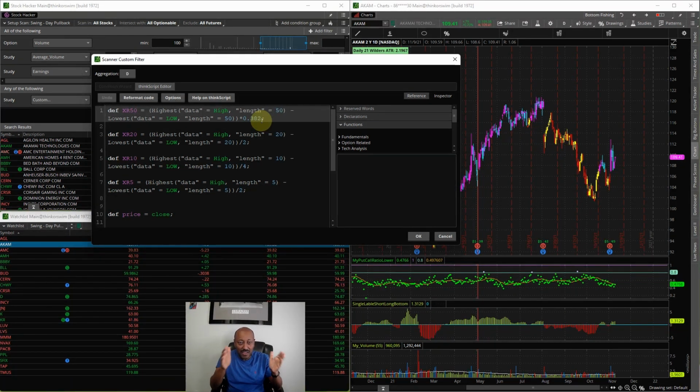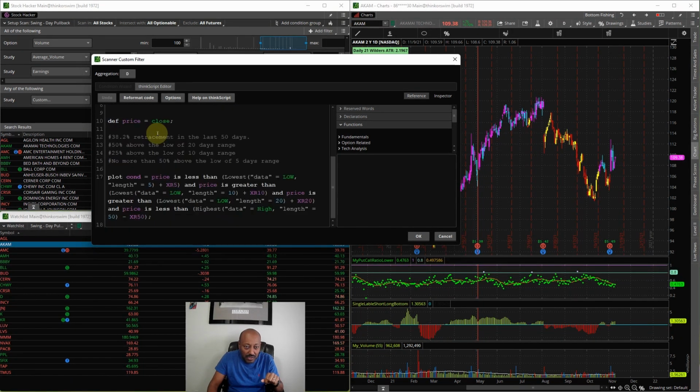So 50 days, 20 days, 10 days, 5 days. And just to recap, the thresholds for each: for the 50 days it is 38.2%, for 20 days and 5 days it is 50%, and for 10 days it is 25%. This will start to make sense as we go into how these are calculated, right? These are just defined plots, but what we really want to see, the condition, is the price is less than